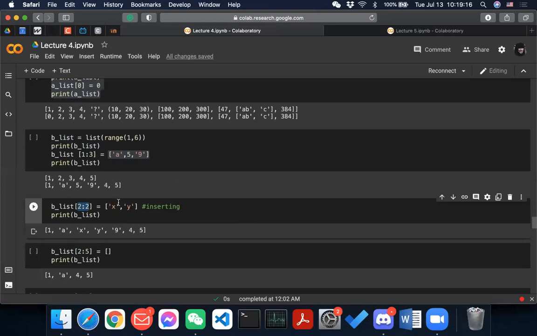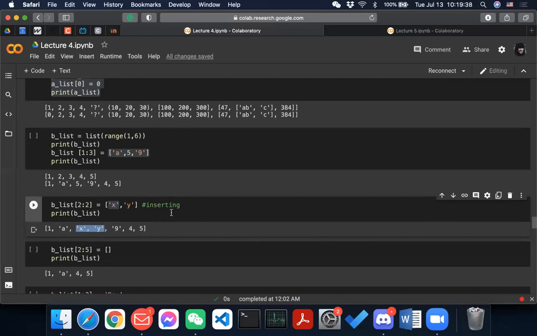It actually means you start from 2 but not include 2, so that is a bit weird. But the idea is whatever you're inserting, the first element that you're inserting has the index 2 in this case. All right, yeah, so 0 1 2, right? And yeah, this is the case.